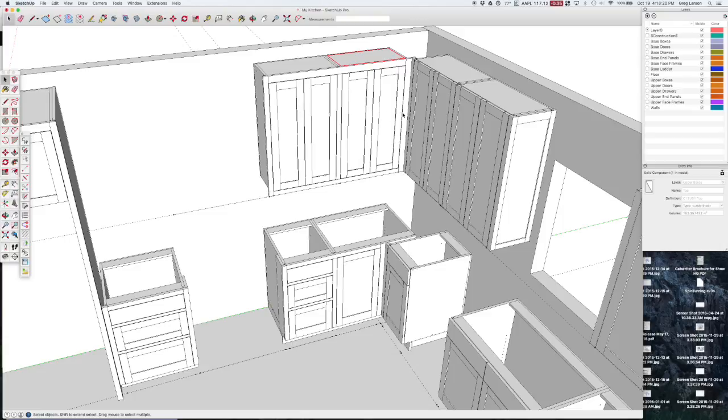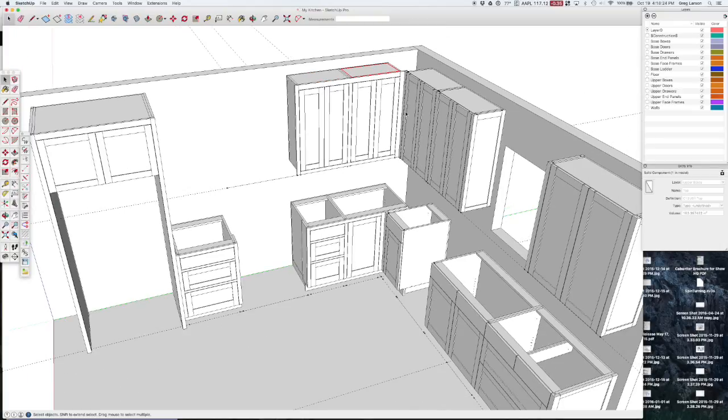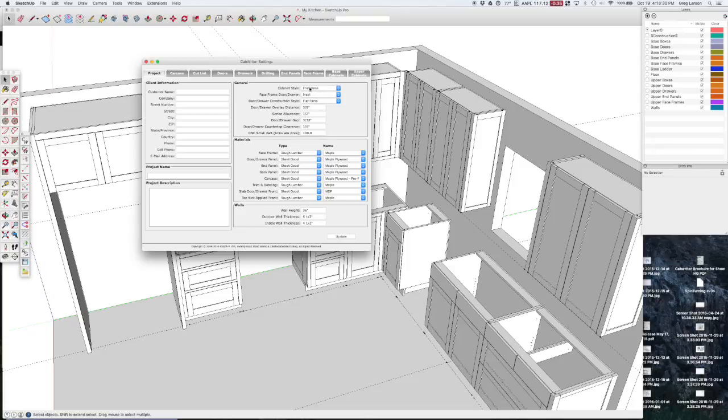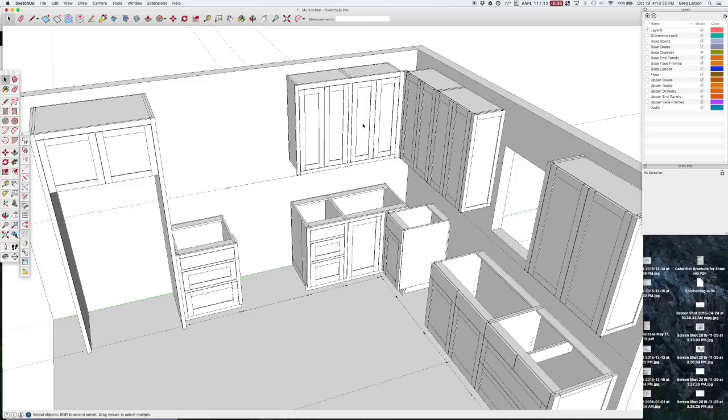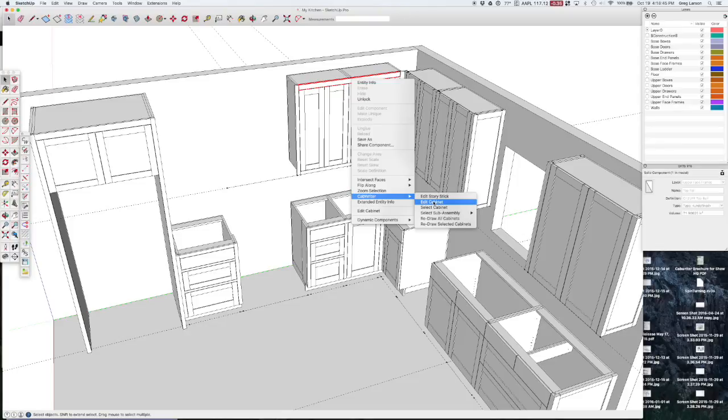So what I can do is, regardless of what my settings are set for at this point, for example, let me just go reload my frameless settings in here. So we're set to frameless right now, but this is a face frame cabinet over here. So I can still go to the CabWriter. If I right click on a portion of this cabinet, go to CabWriter, Edit Cabinet,